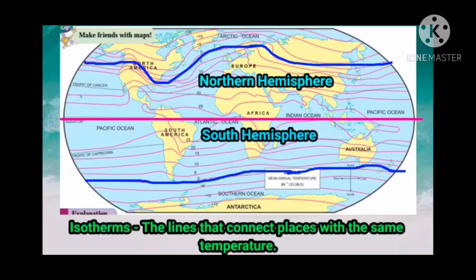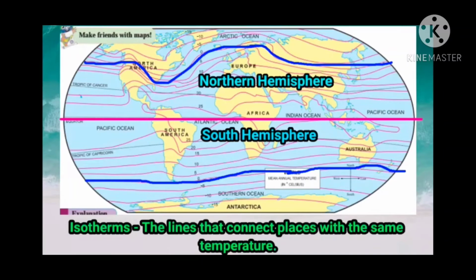Isotherms in the northern hemisphere. In this area, the distance between the isotherms varies. Also, as the proportion of land in this hemisphere is greater, it affects the distribution of temperature. Hence, the distance between the isotherms varies and the isotherms are curved in nature.